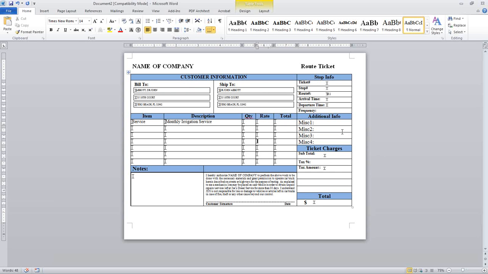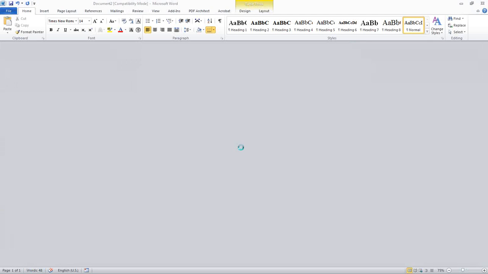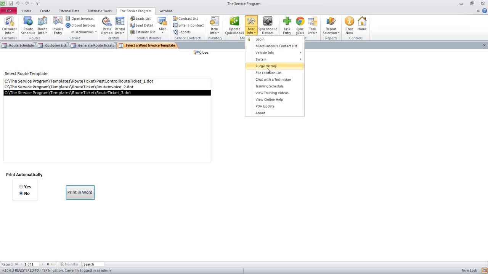And we can design that ourselves, or you need to do that? No, this is something you all can do just by starting with a blank Word document, putting some tables in, or laying it out however you like. I have finally put up some good documentation on this. If you go to miscellaneous info and view online help,